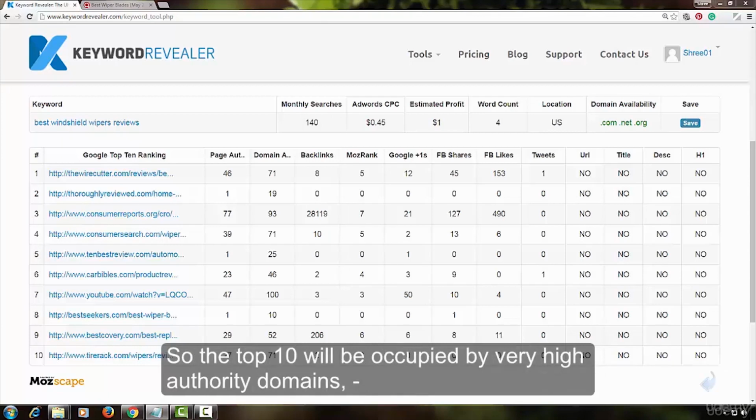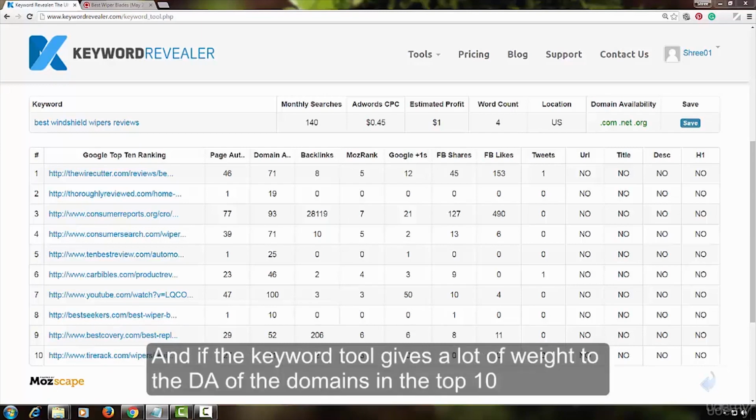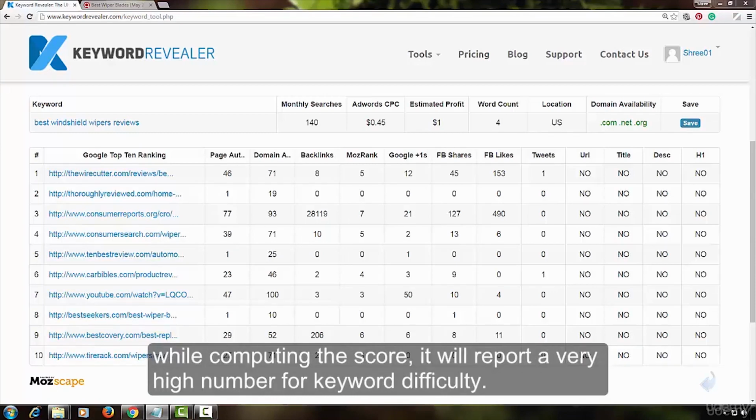So, the top 10 will be occupied by very high authority domains, but these domains are not targeting the phrase. And if the keyword tool gives a lot of weight to the DA of the domains in the top 10 while computing the score, it will report a very high number for keyword difficulty.